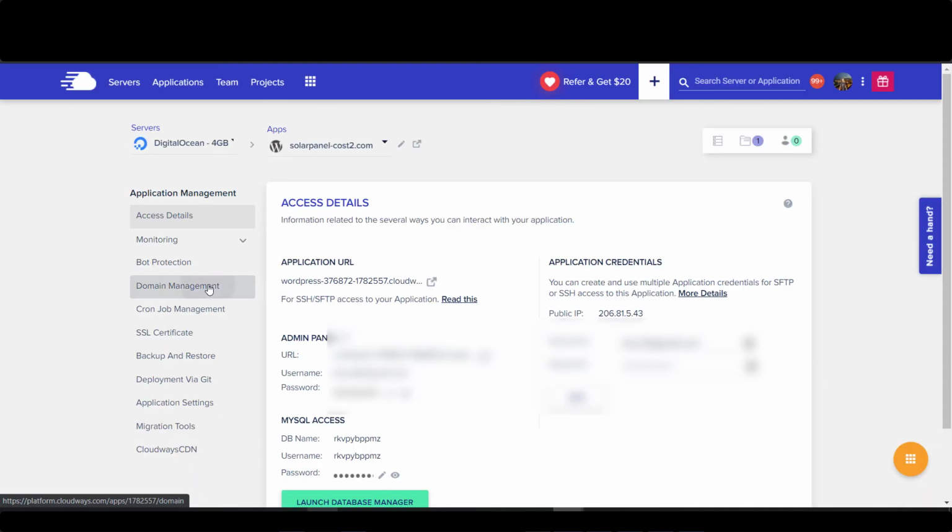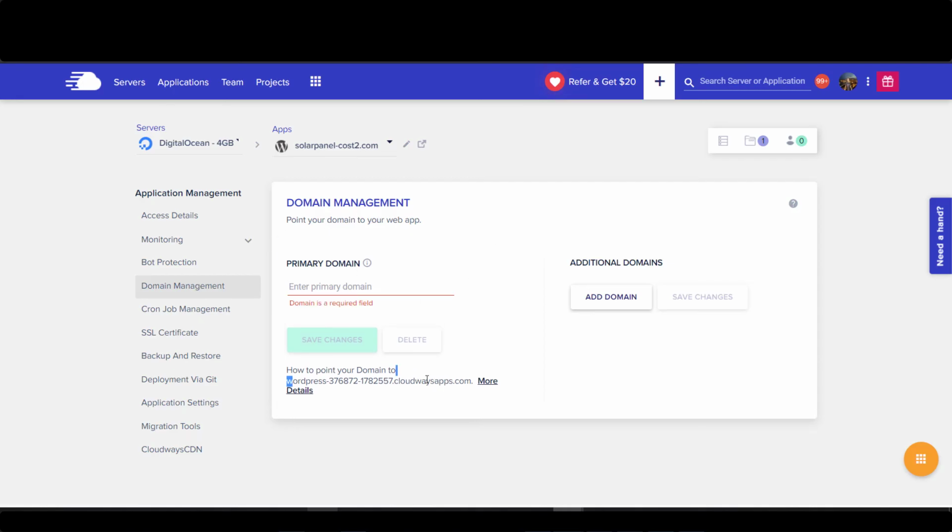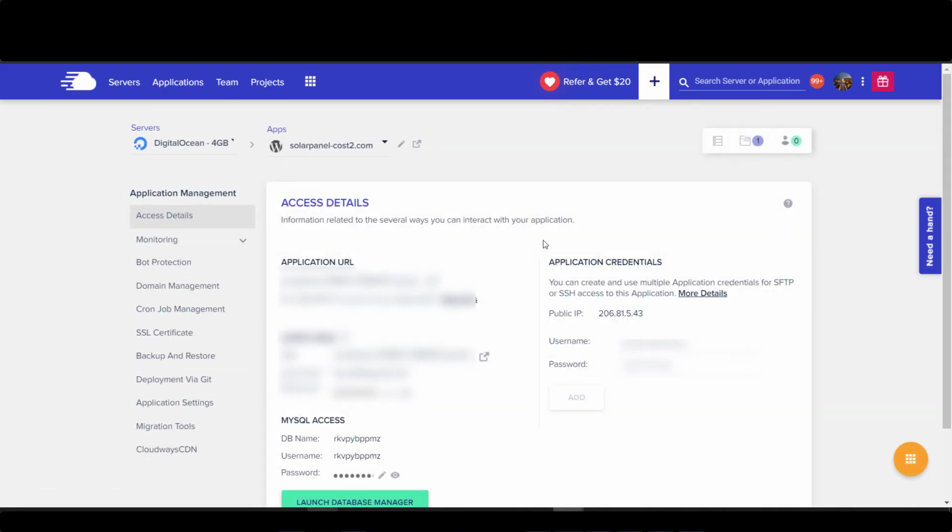And once we're here, make sure to plug in your domain name into this section right here, as well as point your name servers to this section right here. So once again, there's a free tutorial on how to do that on this channel as well. But once we have the website all set up,